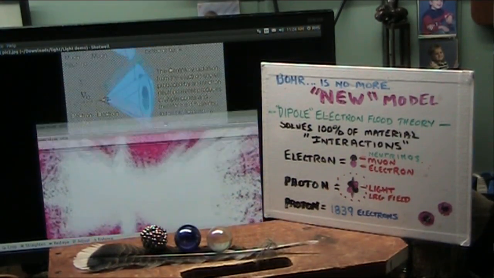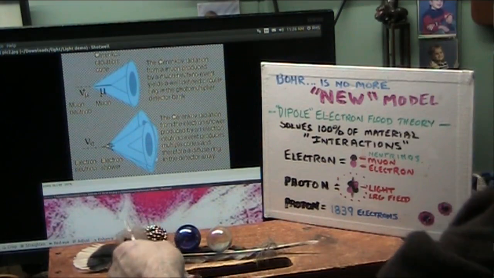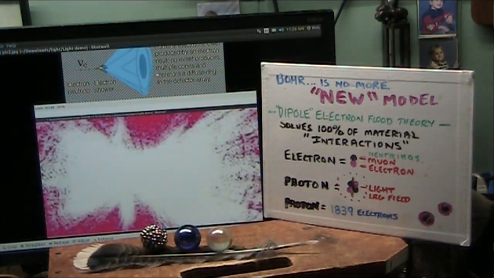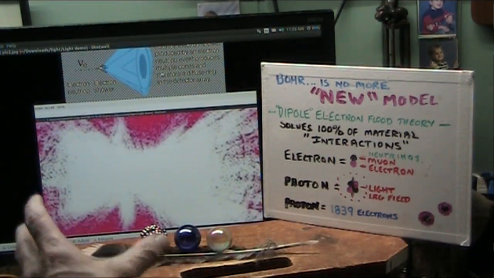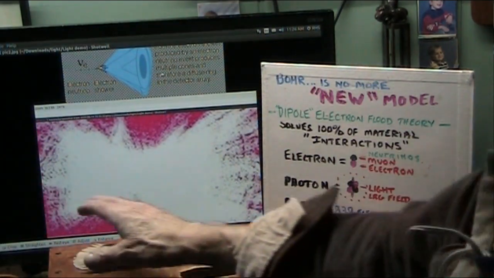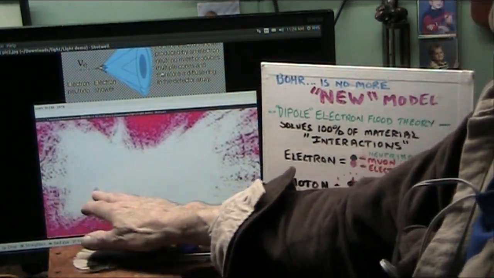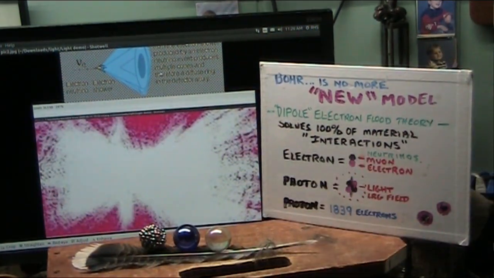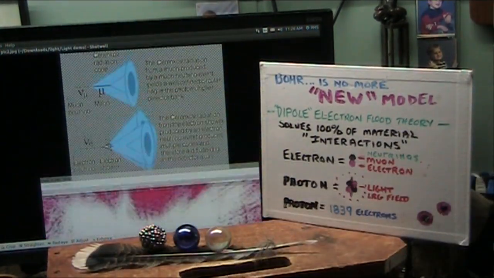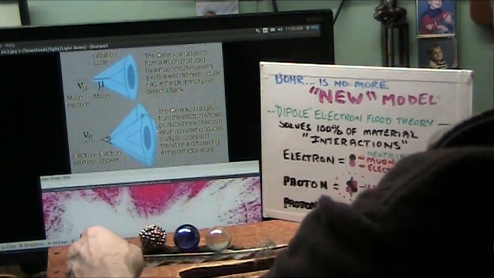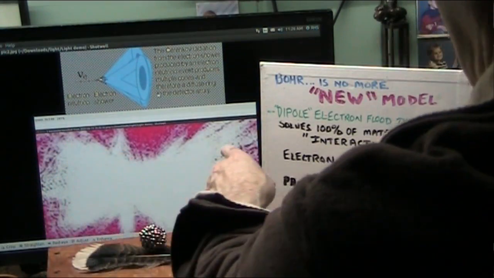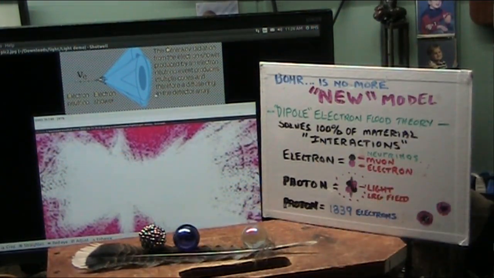Now, how did we get to see this? How was this done? How did we create this reaction that separated the black from the white to make the electron showers, which is the white, and left the black balls unaffected, and they come back over here to reattach? Now, here's how we did it.